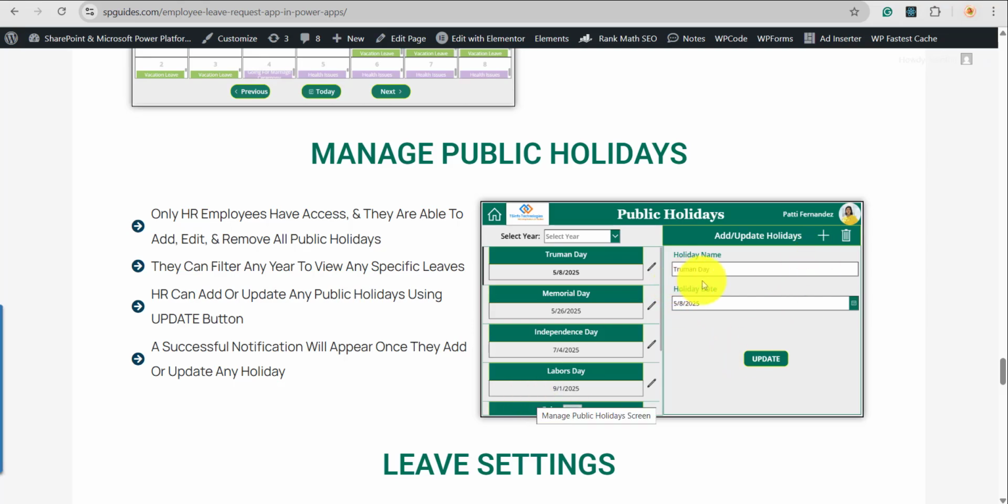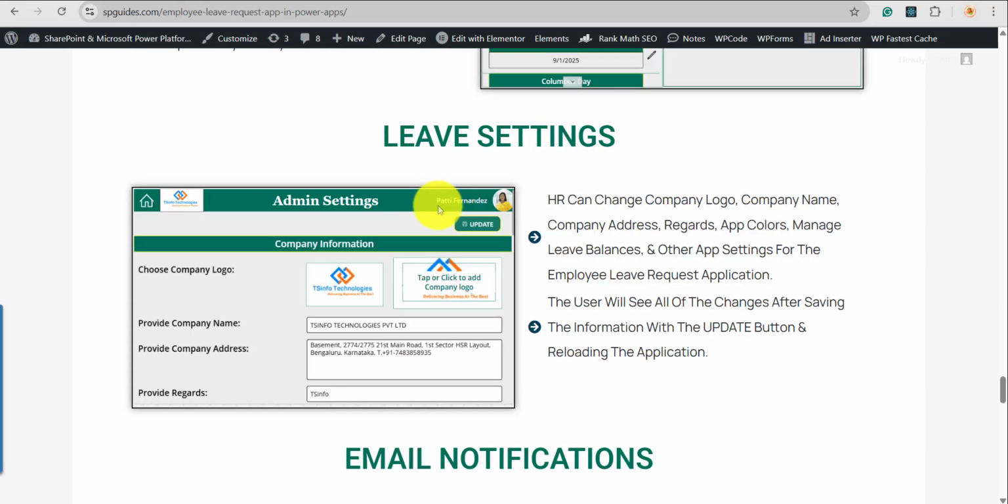And now coming to the manage public holiday screen, here the HR people can add new public holidays, and they can also delete the added holidays. And so coming to this admin settings screen, here the HR people can change the company logo, and if they want to change the entire application theme colors, they can change them. And if they want to change the titles for each screen, all these settings they can do